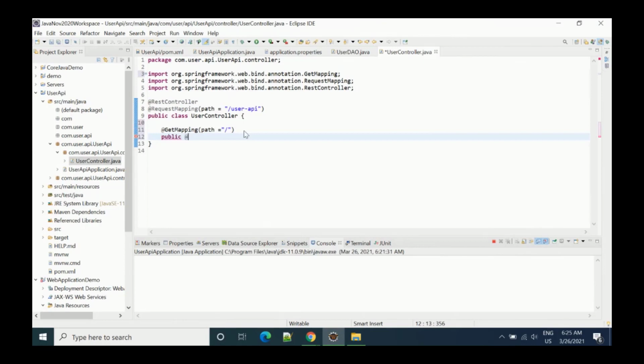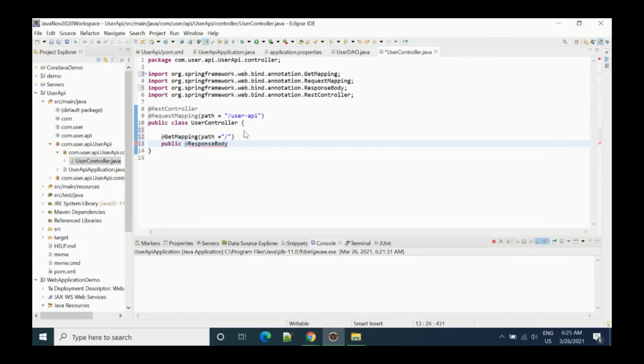And in this method you have to write @ResponseBody, and then public ResponseBody, and then we can return any message, a string, something like help, and we can return it.